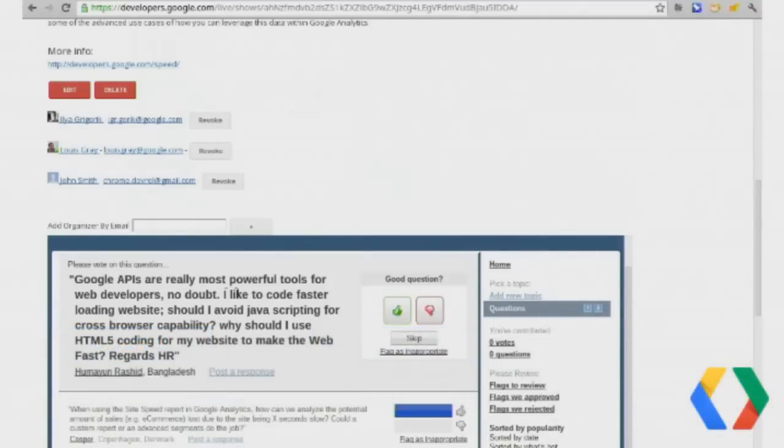So this question, I think I can take, which is, Google APIs are really, really powerful, but JavaScript potentially makes my site slower. Should I be using it? And the answer there is, you should absolutely use the HTML5 features in a browser, because unlike trying to fill in different capabilities within JavaScript, when you have capabilities right in a browser, they will go faster. You shouldn't be scared of using JavaScript, especially if that's what makes your site tick, right? So measure these things. That's probably the most important message.